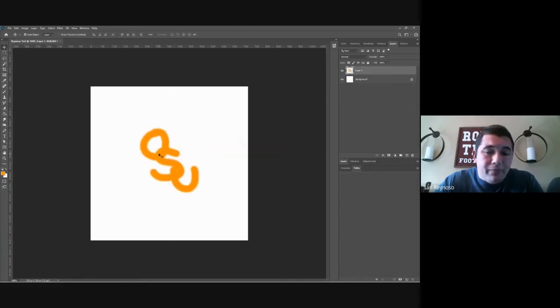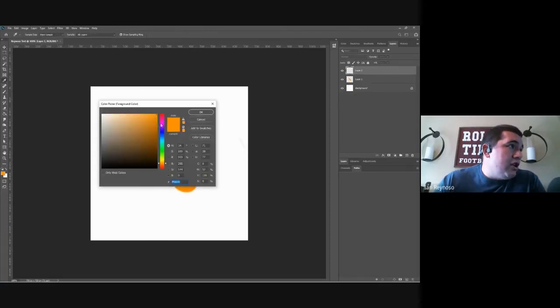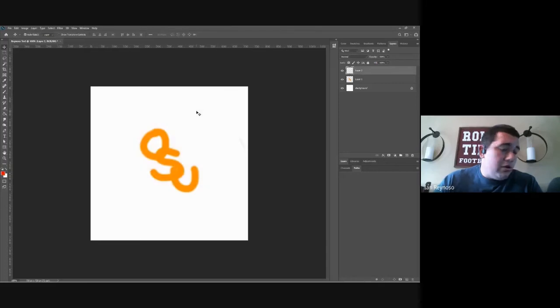So now I can grab this, and I can move this around wherever I want it to be. I can adjust it. I'm also going to add another layer again. So here's my layer right here. I have my background. I have layer 1. Again, down at the bottom, next to the trash can, there's a little box that has the plus sign in it. I click there. That creates another layer. And then I'm going to change my color of my brush. Let me go up to red. And I'll get my paintbrush and go like this. On my second layer now,